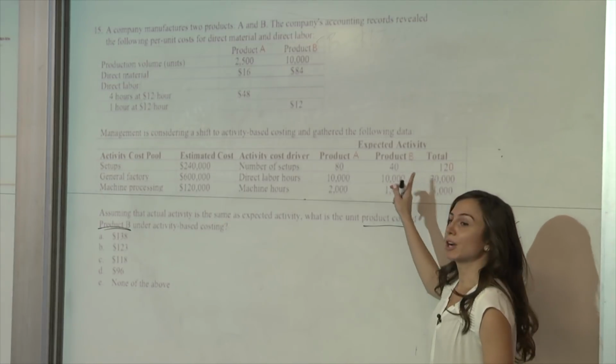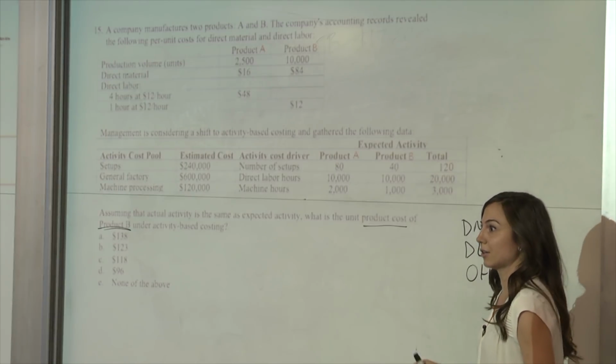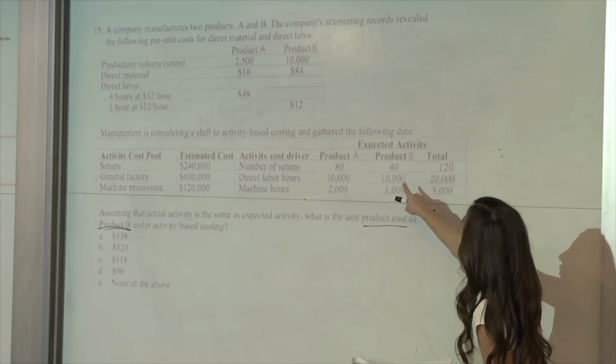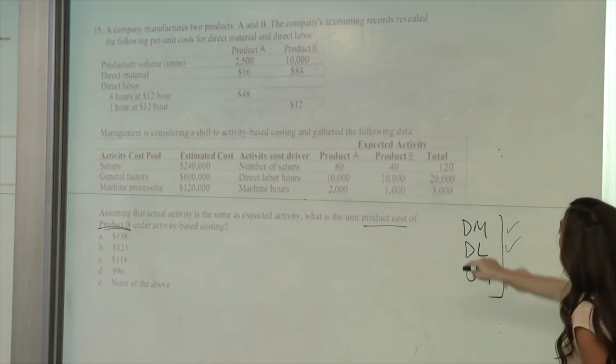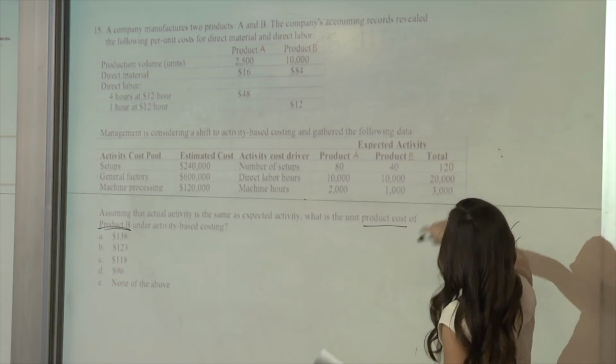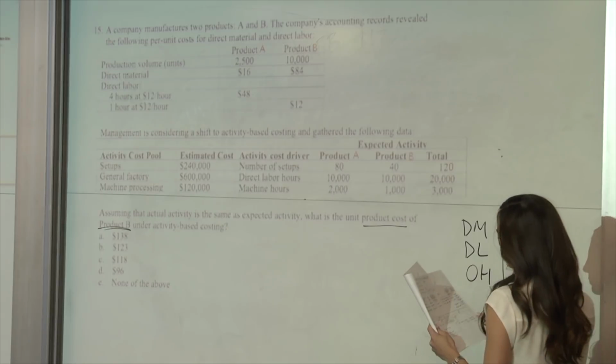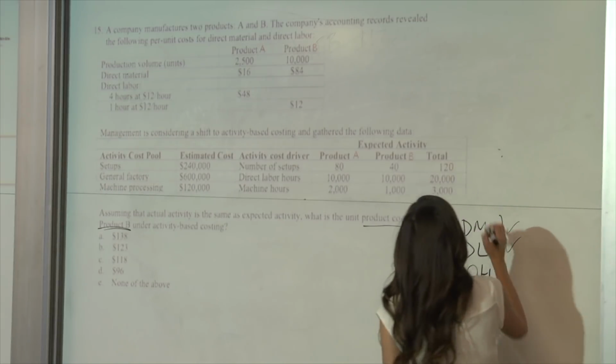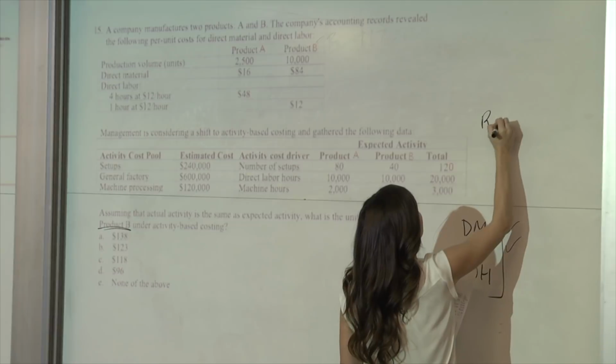We're going to bring in product B later when we're actually calculating the amount for product B, and you'll see how that works. So we're going to take the 240,000 divided by the 120, and we'll get for our rate